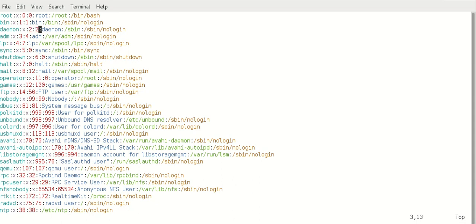If you press b, for backward, the cursor moves back word by word. If you press w, it moves forward word by word. Okay, this is one option.